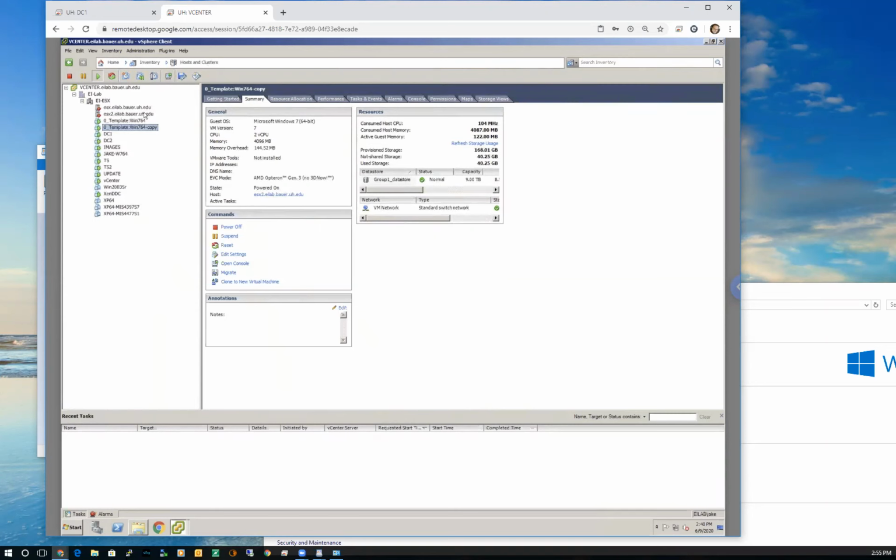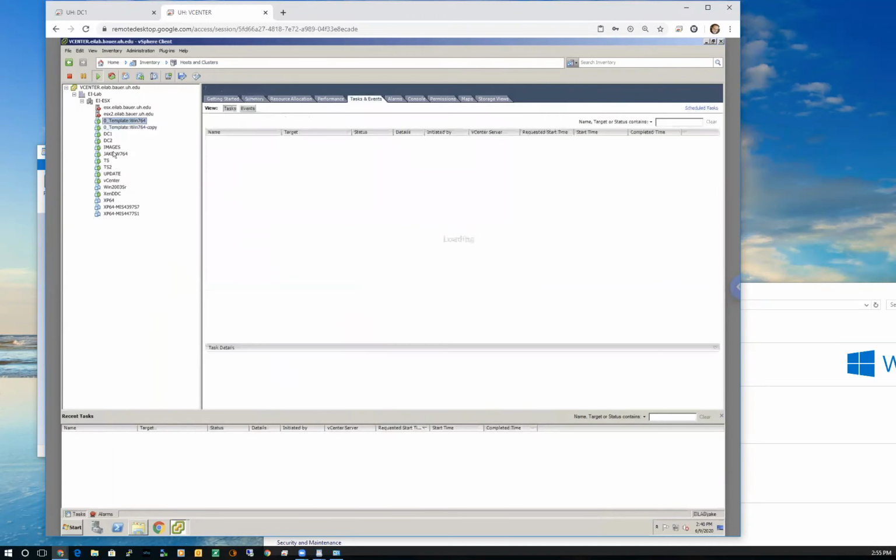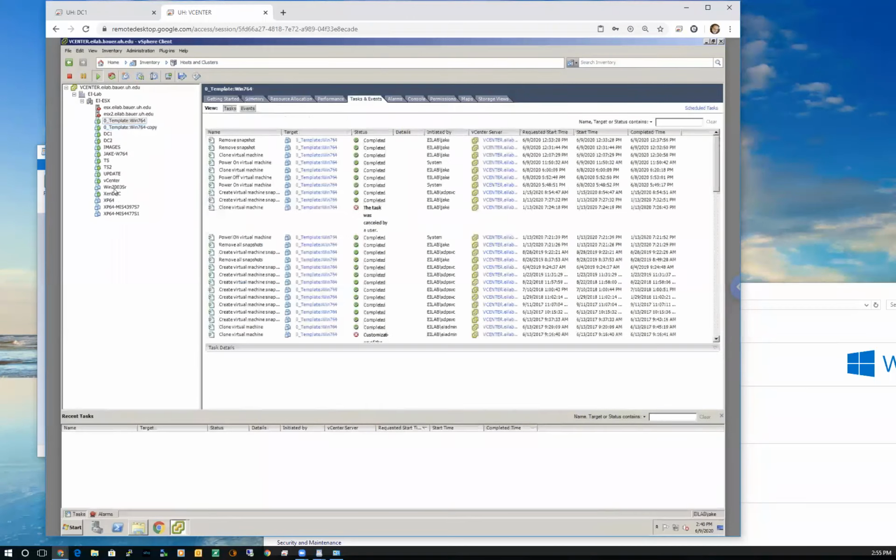I've got esx.eilab.boweruh.edu because I've named them with domain names, and ESX2. These are two servers that are operating a virtual environment in which these desktops here live on. So I've got 1, 2, 3, 4, 5, 6, 7, 8, 9, 10, 11, 12, 13, 14, 15 virtual desktops. These are all Windows computers, Windows operating systems of different flavors that are currently living on this hardware. And the virtual environment allows me to have multiple virtual machines running.